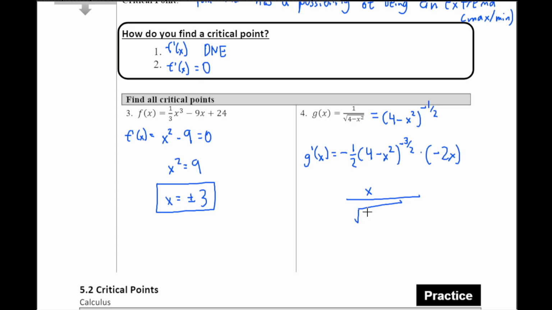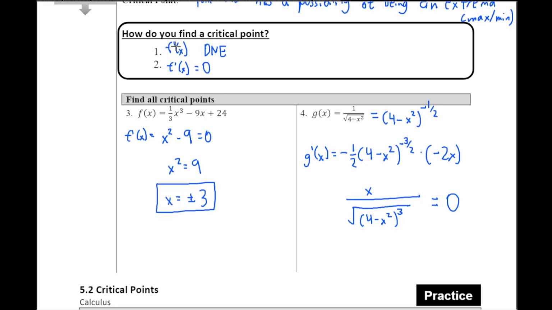And then this would be a square root of, oh, that was kind of ugly. Let me redraw that here slightly better. It'll be a square root of 4 minus x squared, cubed. So this is g prime of x written a little nicer, and you set that equal to 0 to find the critical point. So if you look at the bottom here,